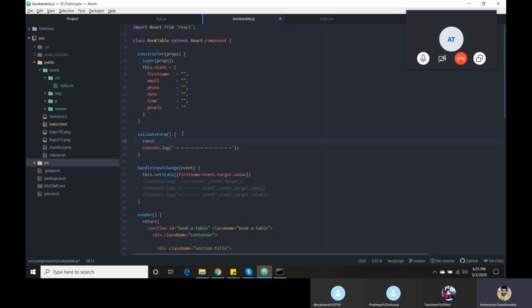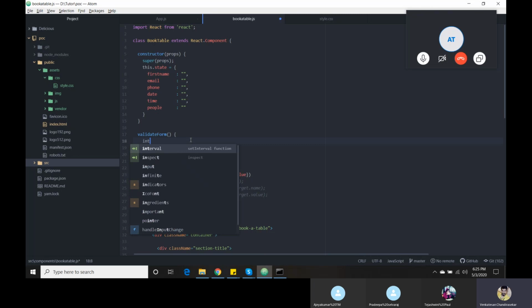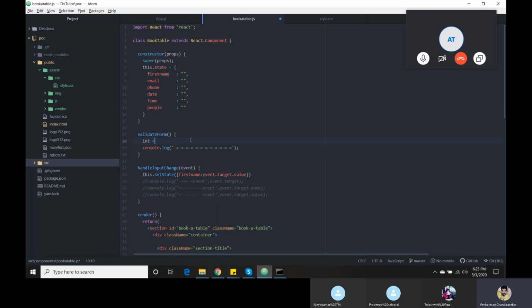const is a variable declaration in JavaScript. There are three things available: const, var, and let. Normally, in the initial C class, if you want to add two numbers using a third variable, then we use int a, b, c like that. Here the variable declaration is const. I am going to use const.